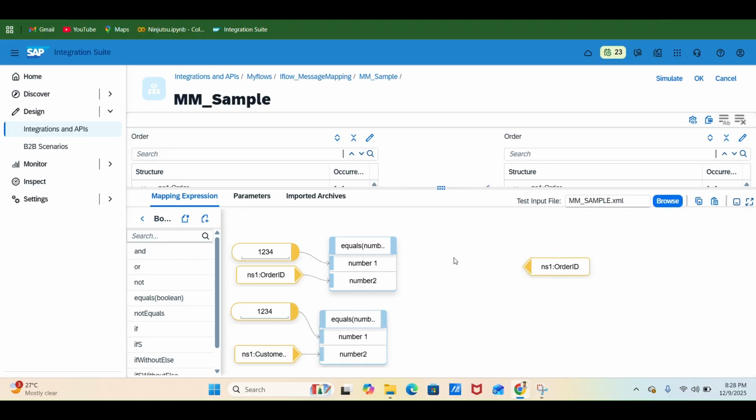After not equals, we have if. It returns string, boolean, or number based on the condition. If the condition is true, then we will receive the true value. If the condition is false, we will simply receive the false value, whatever we provide here in the true and